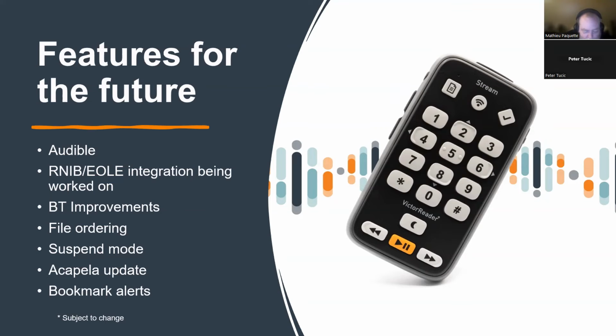So that's a feature that we had on the Stream 2 that would tell you when a bookmark was upcoming in a book that you were reading. We know it's not a widely used feature, and that's why we didn't have time to do it for launch, and then it's sort of a bit low on the priority list, but it is something that we want to add back in, because we know that maybe only 10 to 15% of people use it, but those who use it like it. So we're going to add it back into the feature set eventually, probably again